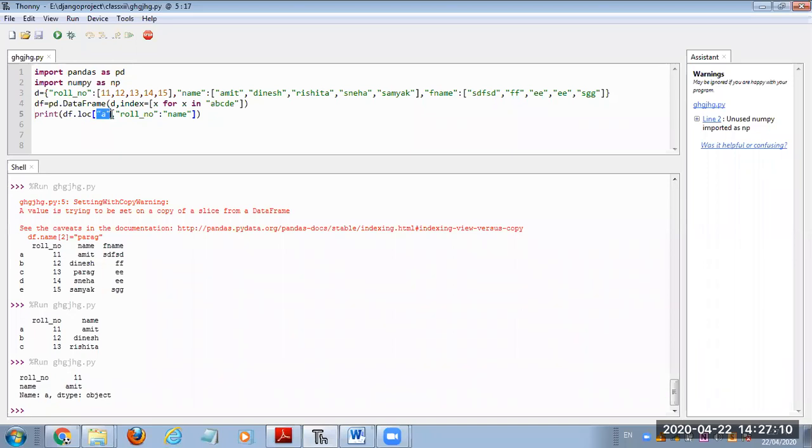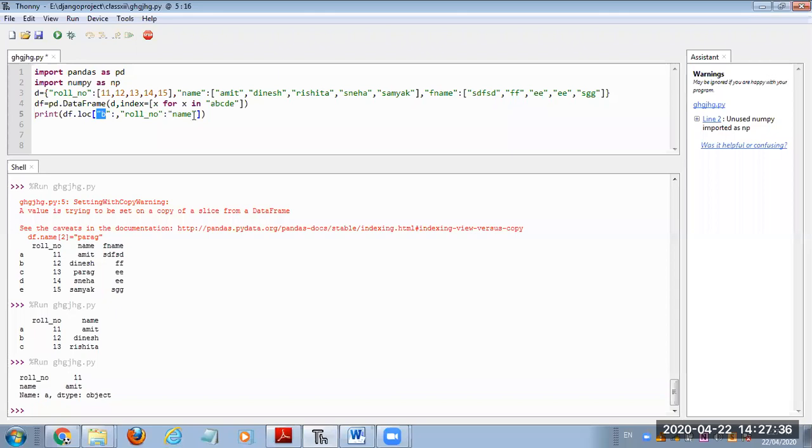Now suppose I am doing like this, B colon C. So it will give me rows B to C. Or suppose I am not providing the last value, B colon, and I'm not giving anything. That means it starts from the B index and goes up to the end.